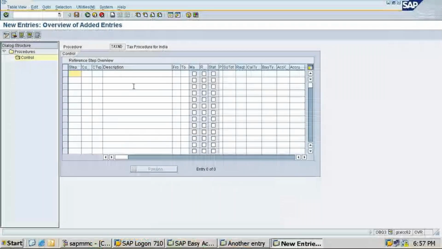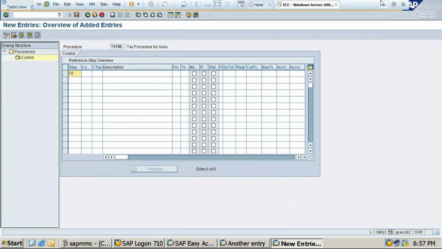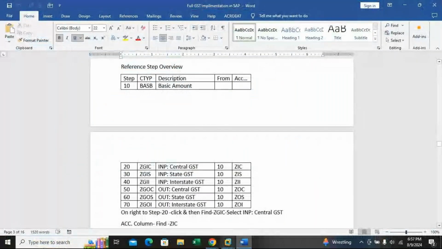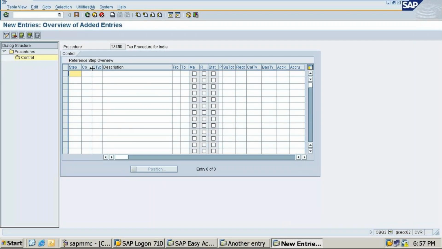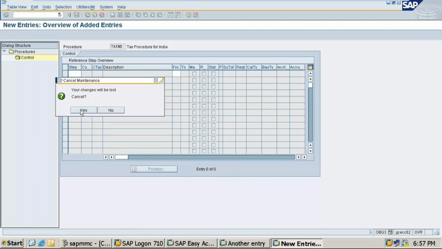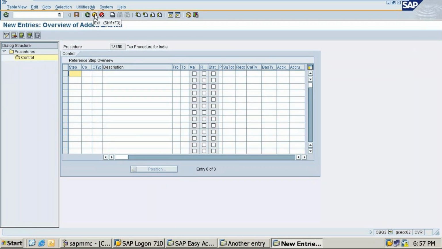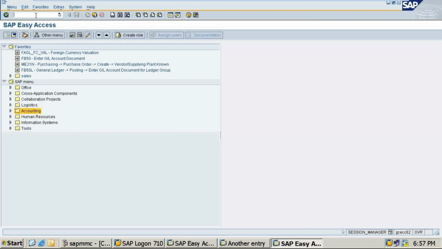Okay, so what we need to do, I'll give here step 10. Ma'am, can you show the procedure again? How did you come to this page? How I came. Okay, just one second. Cancel now. Okay, exit. So what I'll do: slash n